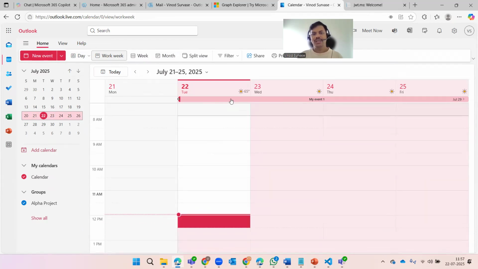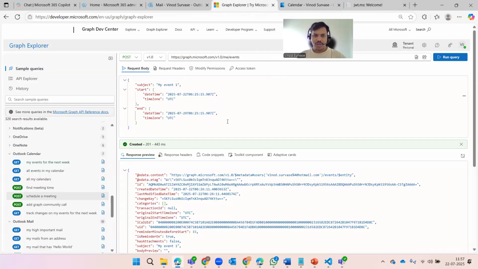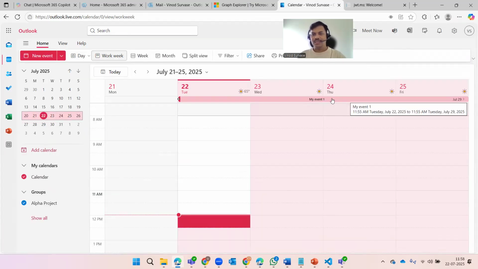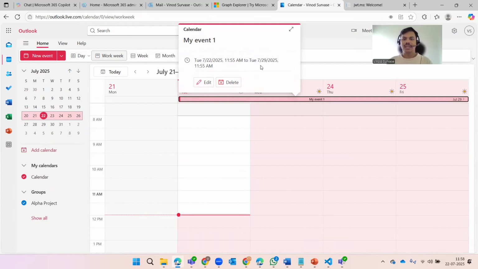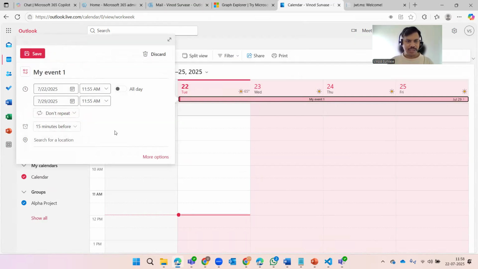Okay, so this is the event you can see, which is starting from today till, I believe it was for the 29th, right? So it was till the 29th. You can see this event is scheduled, right? And I can simply go ahead and either delete it or remove it, or in case I wanted to edit, I can simply edit as well, right? So this is how it's going to be